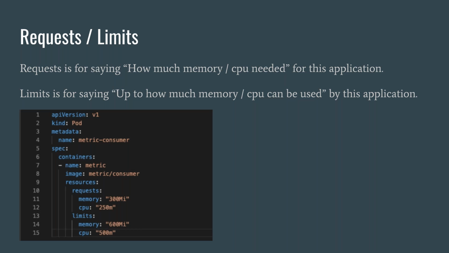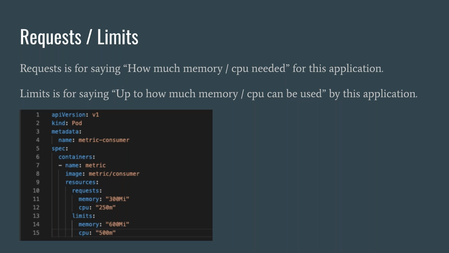When you provide those details, in order to schedule this pod to the Kubernetes environment, you need to have 300 megabytes of memory at least and 250 millicore CPU at least in your system. If you do not have this available memory and CPU, your workload will not be scheduled into the Kubernetes environment. Okay, let's say that you succeeded on this. This time there is a limit value. Limiting is an important part because, based on the customer selection, you need to put an upper limit in order not to affect the other customers' clusters.